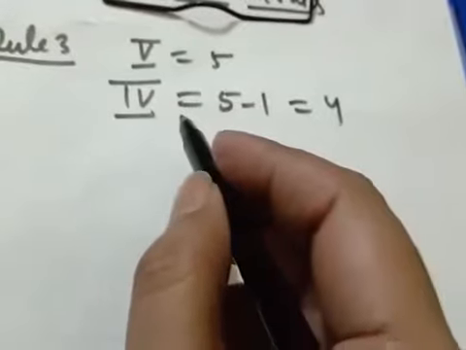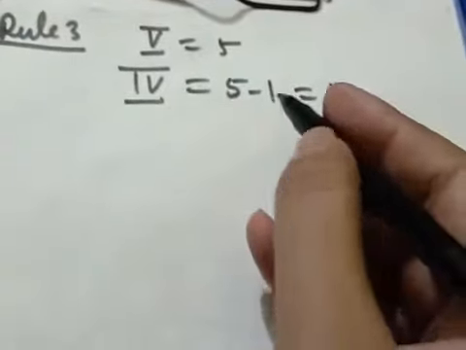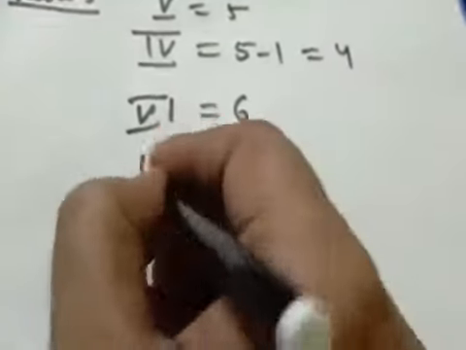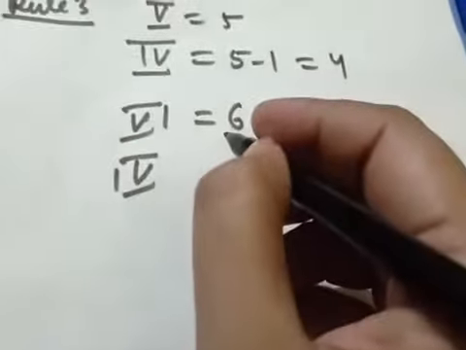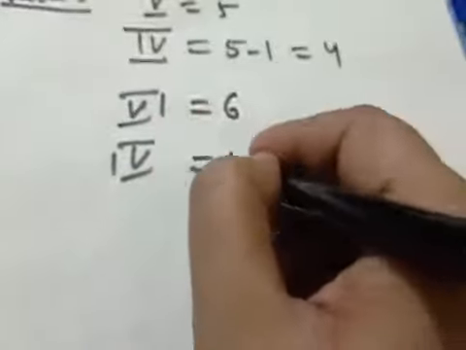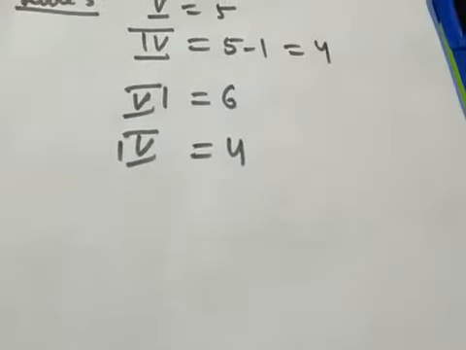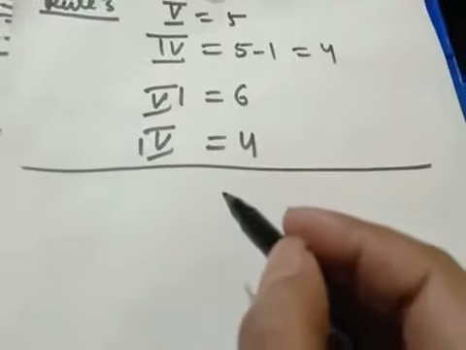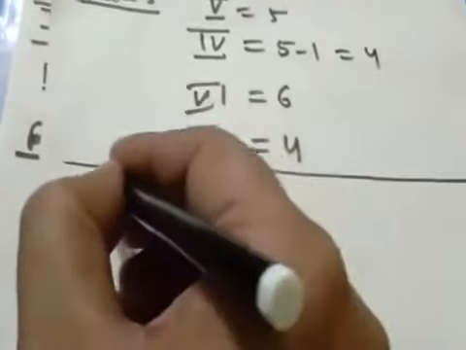As I have told you, suppose that this is 5. If we keep the number on this side, it becomes added, and if we keep the smaller number 1 here, it becomes minus. So 5 minus 1 is 4. I hope you have understood properly. Similarly, I will take another example.